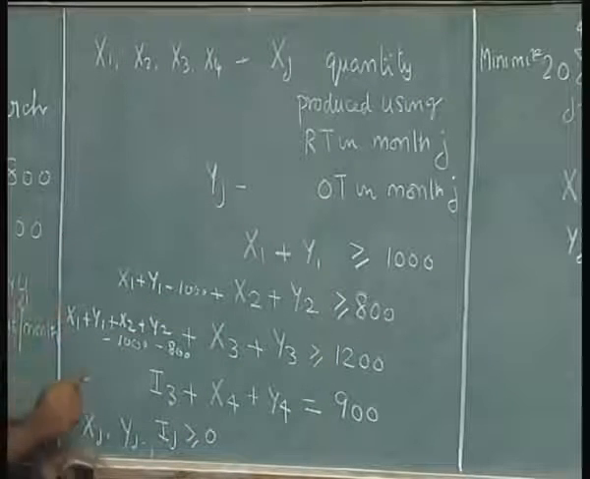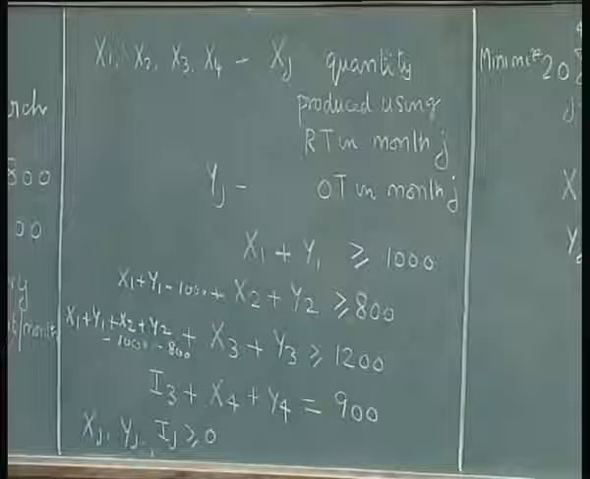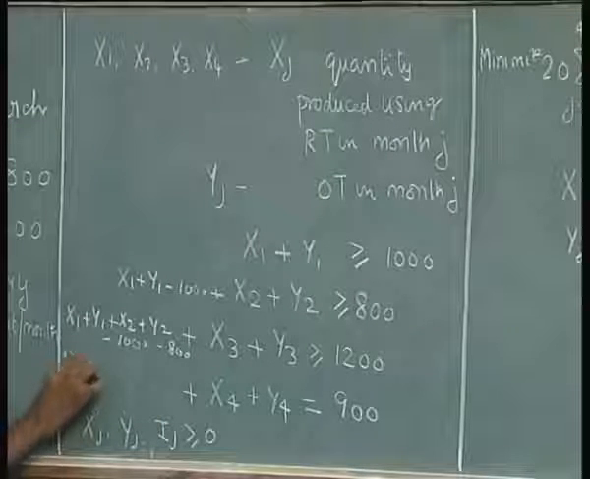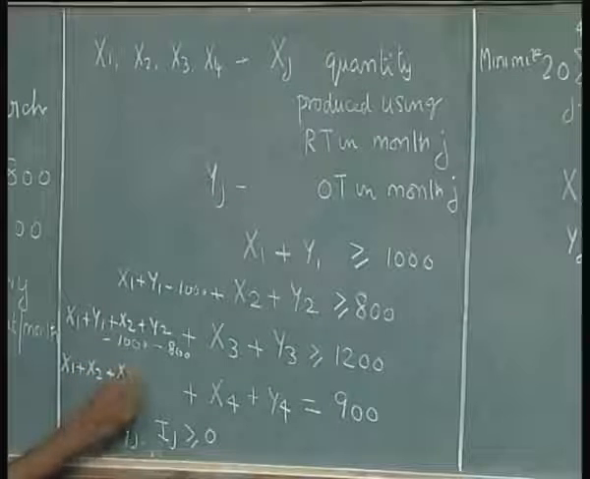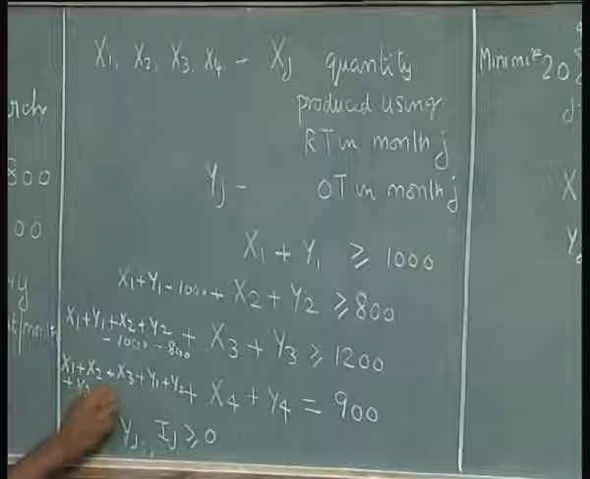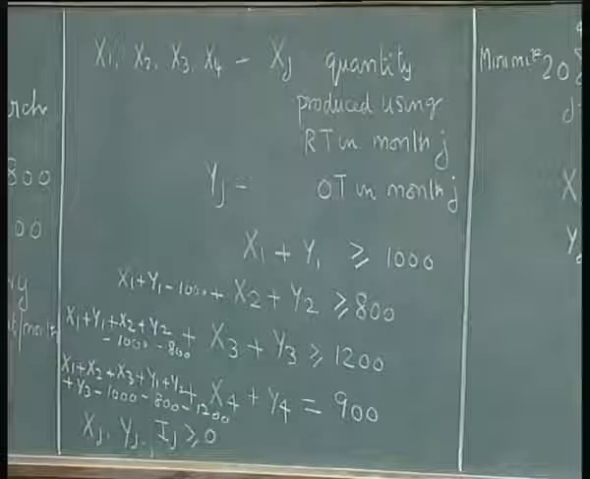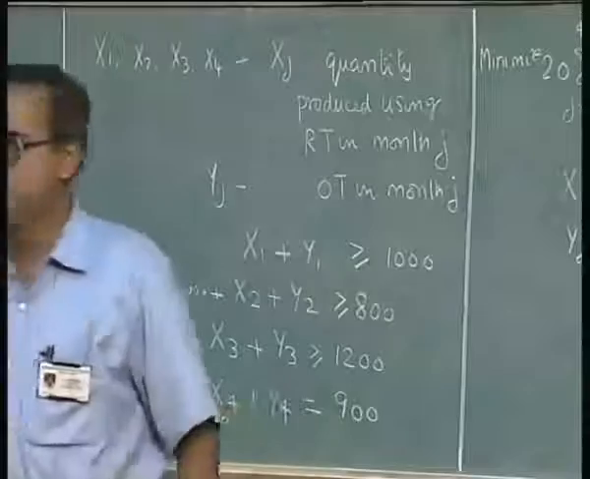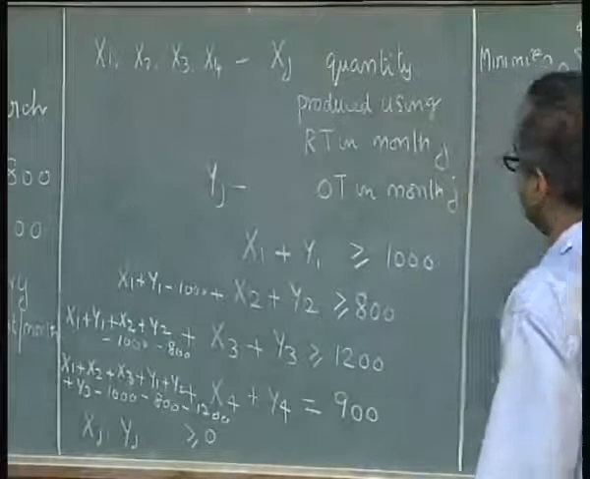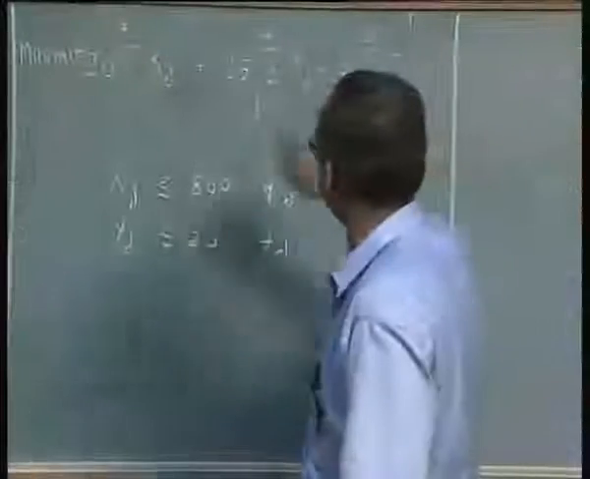Now we can go back to write. Now what is I3? I3 is nothing but this left hand side minus 1200. So we eliminate this I3 here, and we write this as x1 plus x2 plus x3 plus y1 plus y2 plus y3 minus 1000 minus 800 minus 1200 is equal to 900. So we can eliminate these Ij's that are here. Now we have the same number of constraints here, we have fewer variables,